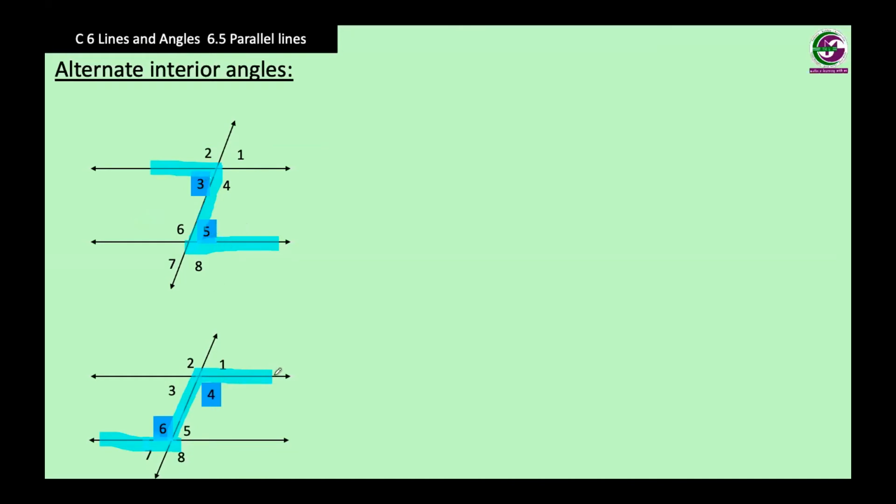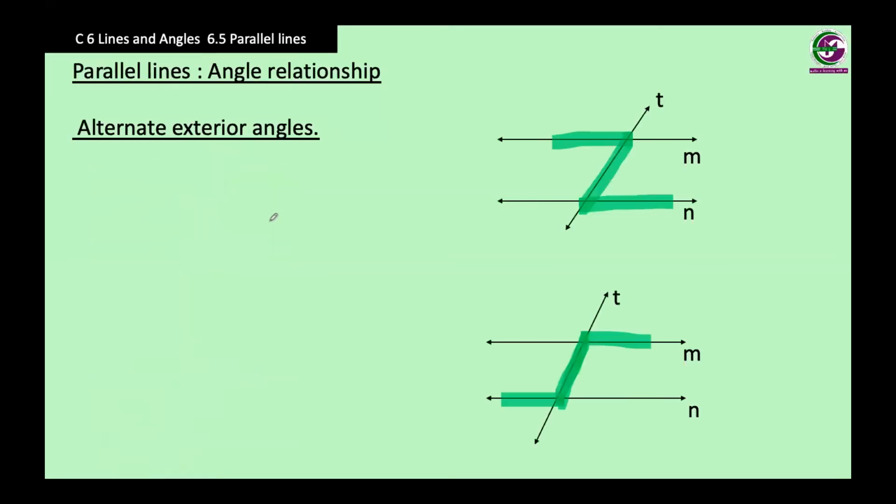Again, from the shape Z, which is facing to the right side, angle 4 and angle 6 are also equal. These are called alternate interior angles because these are inside the parallel lines. Now let us see what are alternate exterior angles. Again, because it is alternate, we follow the shape Z,